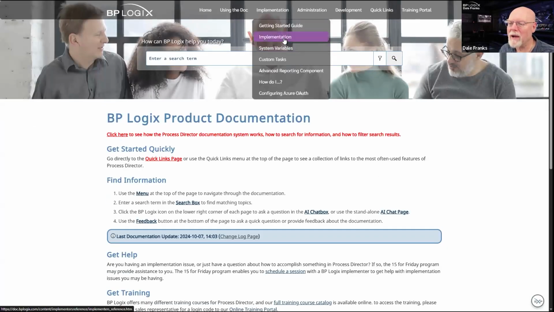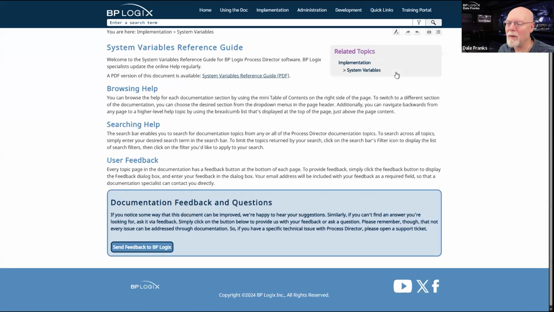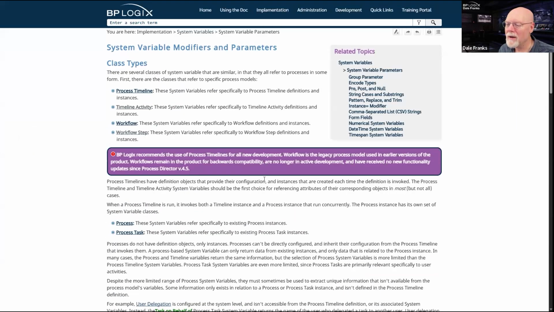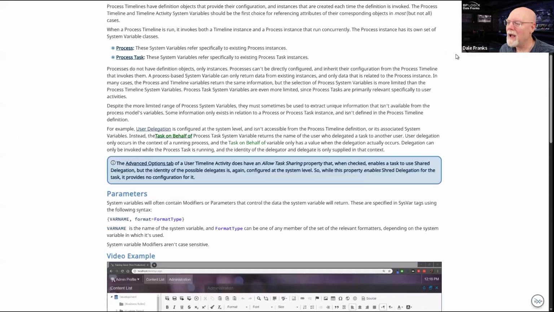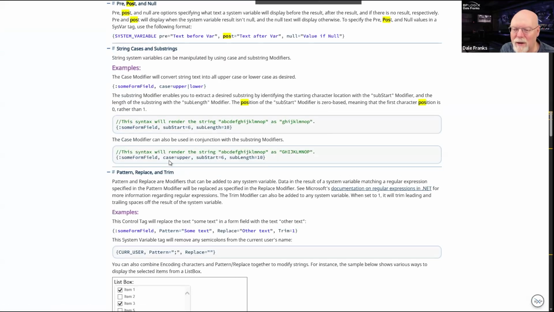But we'll go back here. Oh, that's implementation, not what I wanted. We go there, system variable parameters, and let me find post. Okay, pre, post, and null. So what did I do?